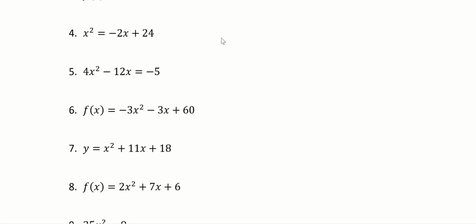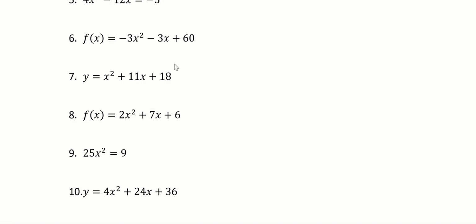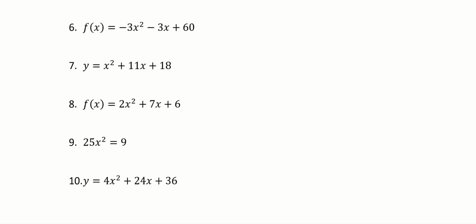Okay, I'll do one more. So if you look at number 6, is the number in front of x squared 1? No. Does each of the terms have a common factor? Well, the answer to that is yes. The common factor is 3, or it would be easier if you do negative 3. So if I factor out negative 3 and just divide each term by negative 3, I end up with x